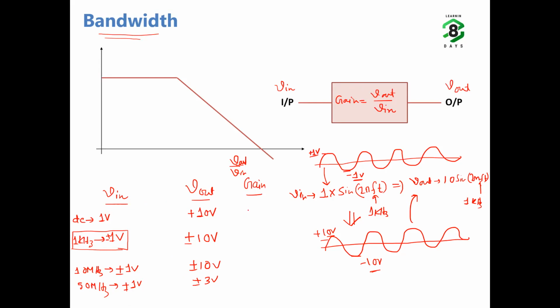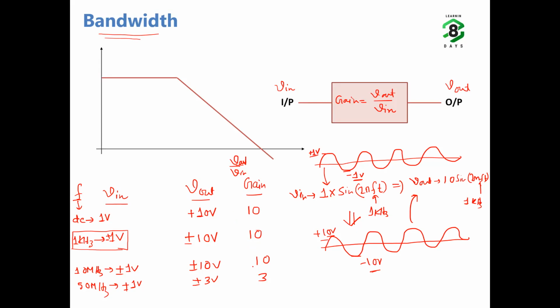So in the first case, what is the gain? 10. Second case, 10. Remember, not plus minus 10, just 10. Because at 1 volt you got 10 volts, so 10 volt by 1 volt is 10. At minus 1 volt input you got minus 10 volts, so minus 10 divided by minus 1 is again 10. Then 3. So essentially, if I call this frequency, you will be able to plot